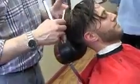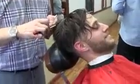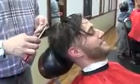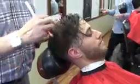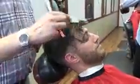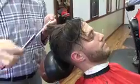So here I lean my client back so I can still cut. It's easier for me to cut with a razor this way. I am actually over directing since I am leaving the top longer towards the front, but I'm almost trying to cut as if you start cutting at 90 degrees on the top. However, since you are over directing,